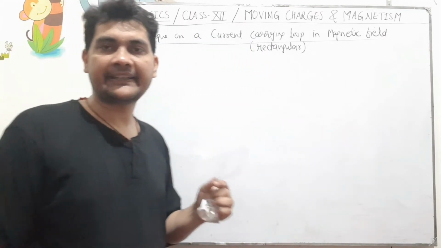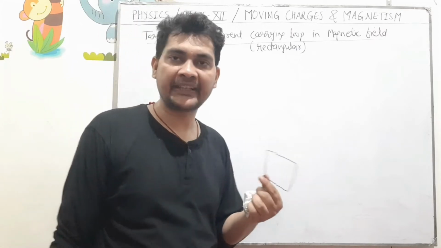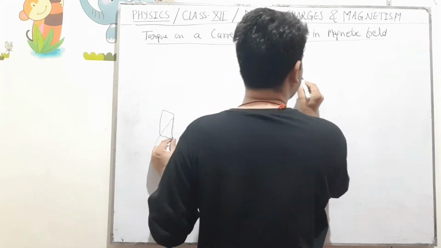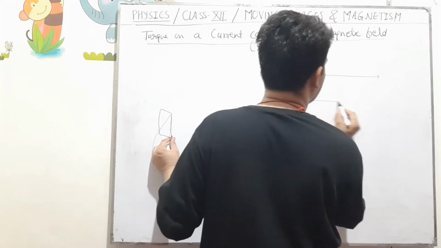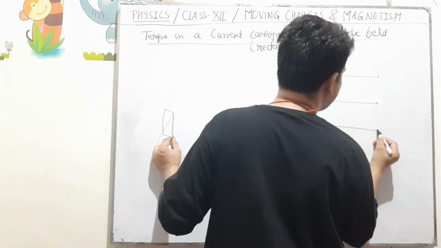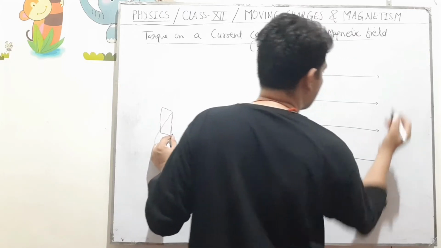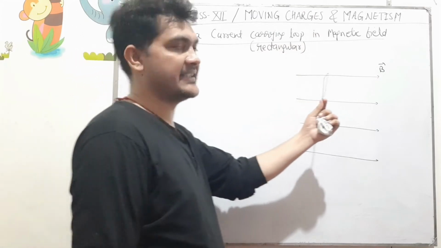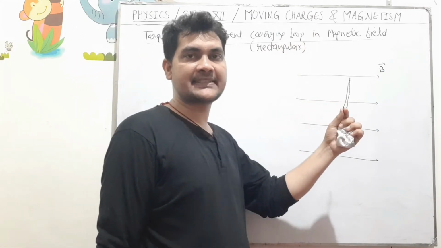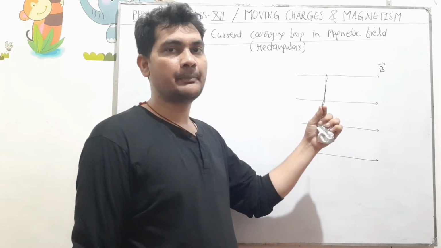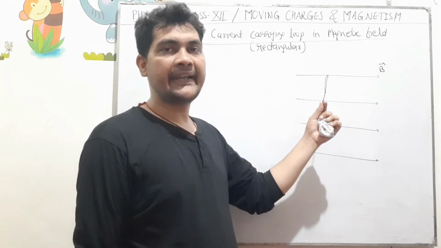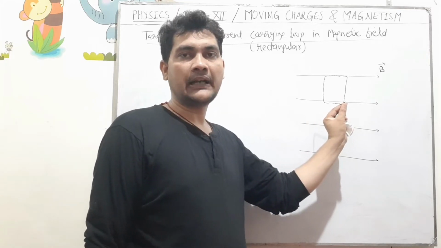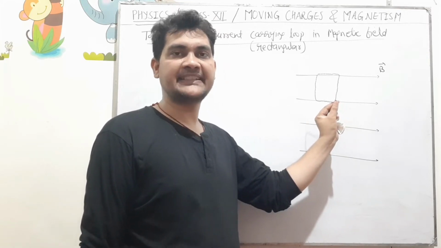We have a rectangular loop placed in uniform magnetic field. So this is the magnetic field, the rightward magnetic field we have applied. This is the uniform magnetic field in rightward direction, B. And we are placing a rectangular loop in this. I am not placing this loop exactly perpendicular to the lines and not placing this loop exactly parallel to the lines. No. I am not taking these two special cases.